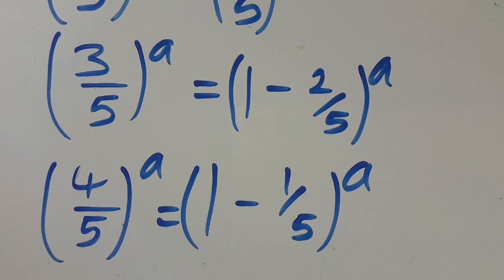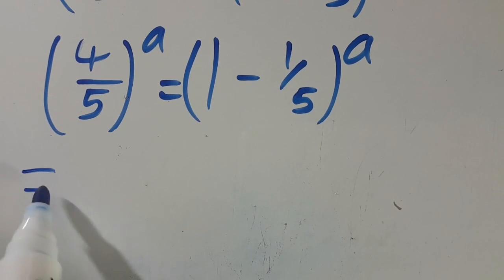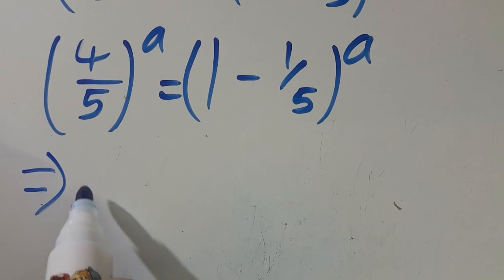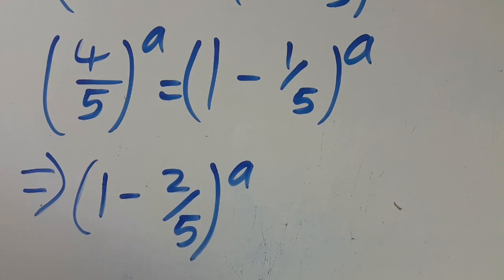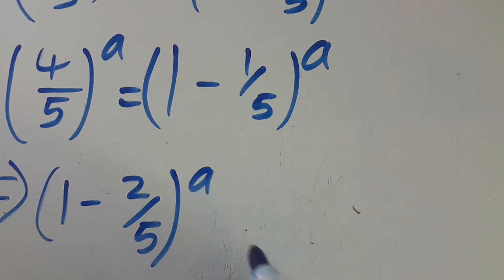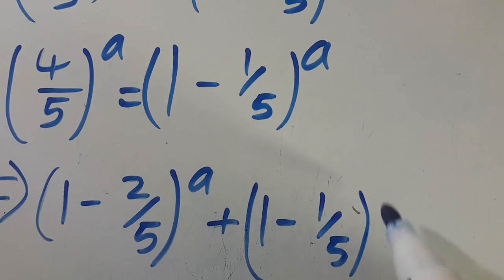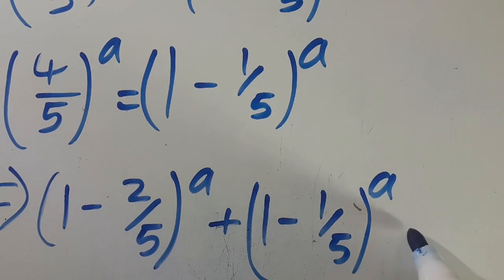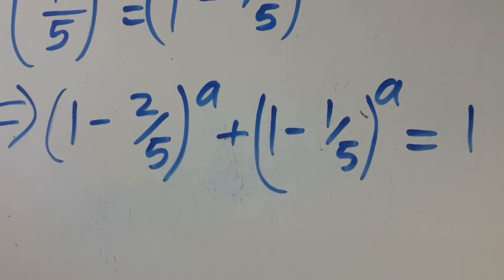So having known this, we can substitute everything here. This implies we are going to have (1 minus 2 divided by 5), all in bracket, to the power of a, plus (1 minus 1 divided by 5), all in bracket, to the power of a. Then we have everything equal to 1. So from here, by applying the binomial expansion,